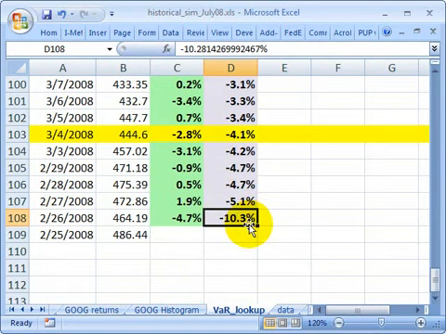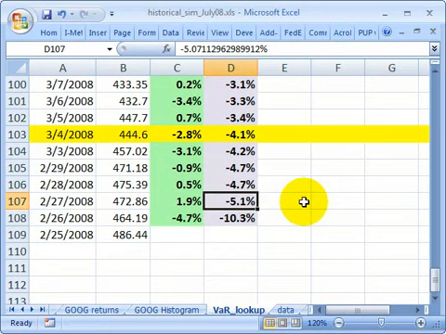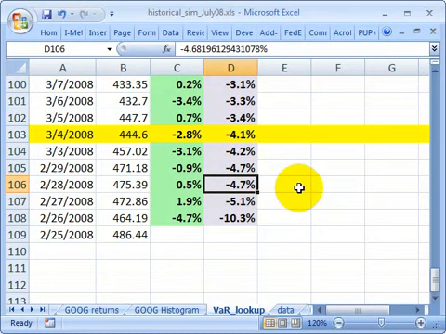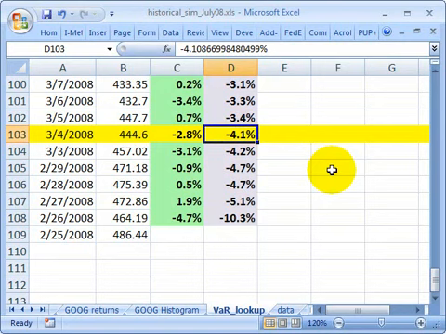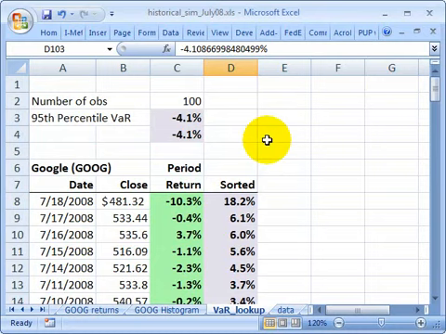That would correspond to a VaR at the 100th percentile, 100% confidence. Here's VaR at the 99th percentile. Here's VaR at 98% confidence, 97%, 96%, and here's that negative 4.1% that we calculated above that corresponds to VaR with 95% confidence. And so you can see it's a pretty simple lookup function, and given the historical simulation, we can also already